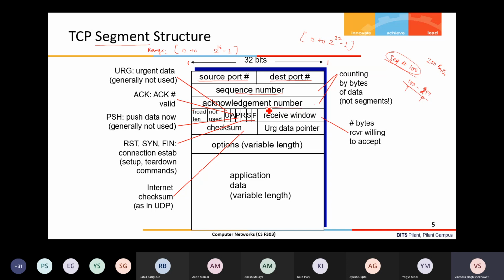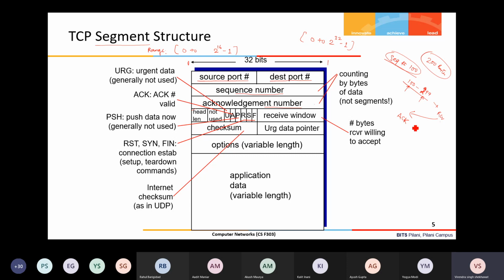Then the acknowledgement number, again a 32-bit number, acknowledges the data. For example, a segment is sent with starting sequence number 100 and having 200 bytes. When this segment is successfully received by the receiver, the receiver will send an acknowledgement, which is also a complete segment.